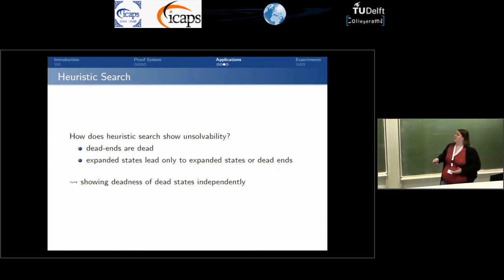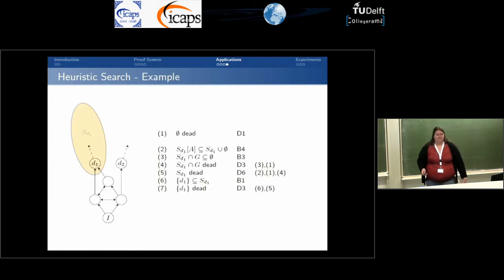An important part here is again that showing that a dead end is dead is completely independent of showing that a different dead end is dead. So this allows us to combine different heuristics together, because showing the deadness for the dead ends is done completely independently. So let's see how this looks in a concrete example. We have here a small search space, nothing fancy, two dead ends, D1 and D2. And we have shown last year already that for certain heuristics we can find a set with no successor that contains this dead end. And this is then used as an argument that this state is dead.